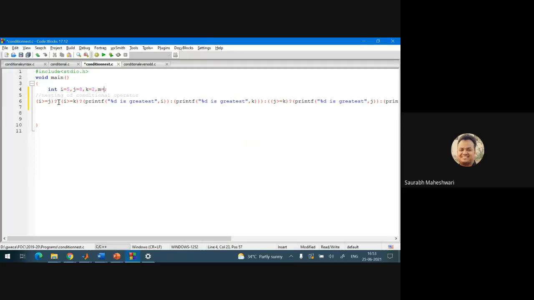Suppose you take m equals 8 or m equals 3. Okay. And then what will you do? You will first compare i with j, then i with k, and in this nesting there will be one more nesting where you will compare i with m also. On the basis of that, you just try to do 4.